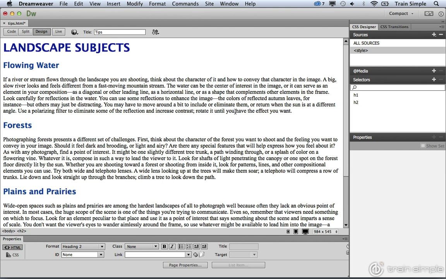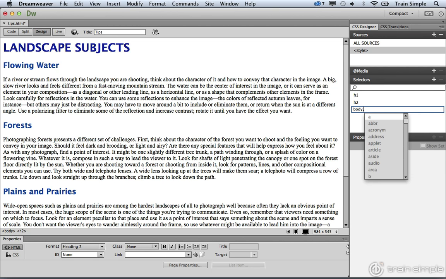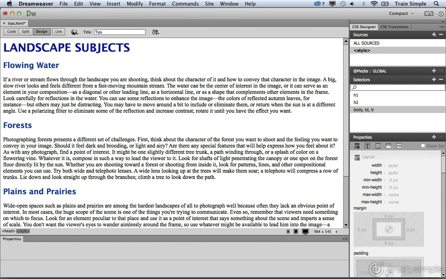specific table elements. So what we're going to do is come over to the selectors section and click the plus sign. You'll notice right now it's capturing body H2. That's not what we want. And the syntax here is that of a descendant selector. What we want to do is create a group selector. In order to create a group selector, you separate out the different elements with a comma. So we have body, comma. Then we want to go ahead and add TD, and then add another comma, and then TR. These are table-specific elements. Now that we have that established, you can press Enter or Return, and then you can